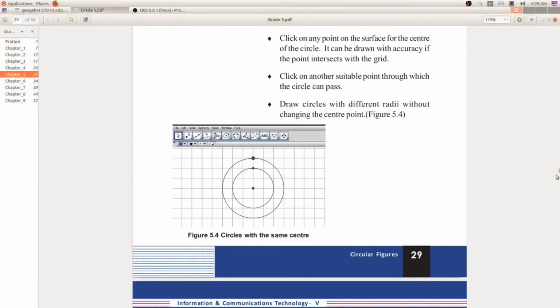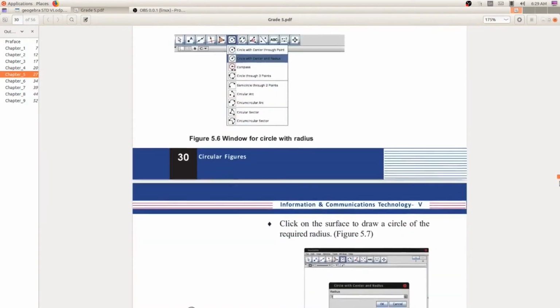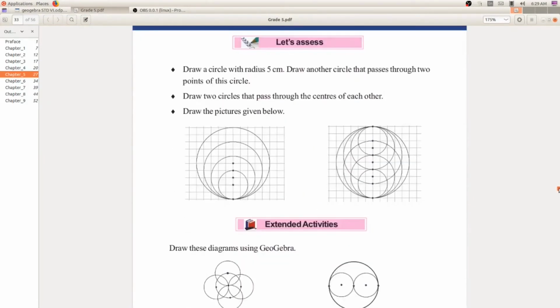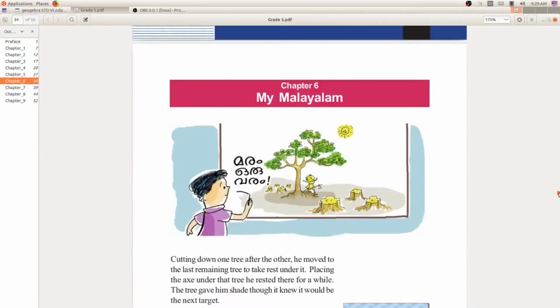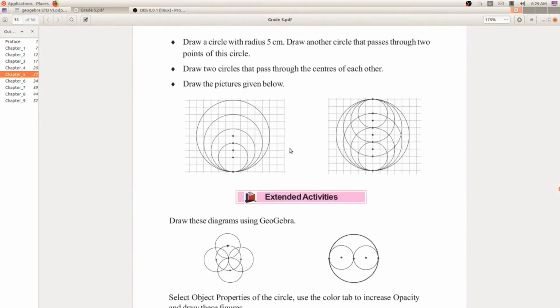You can see in page number 30, this is a pattern. It is written here, a floral carpet, a pattern. And also in your textbook, page number 33, these all are patterns, different patterns.